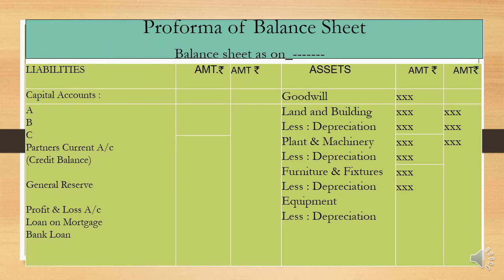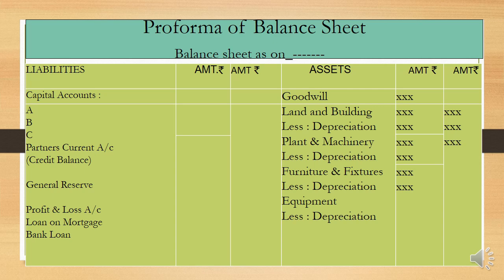Now let's see, students, the pro forma of the balance sheet. On the top it is written that the balance sheet is as on, and always we have to write the 31st March. This time I have not written the debit side and the credit side. The left hand side, if you remember, is for the liabilities and the right hand side is for the assets. So first let us begin with the liabilities. Capital of the partners A, B and C. If two are there, then A and B. We have to write the capital in the balance sheet.